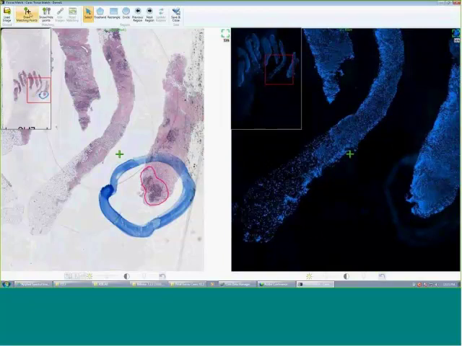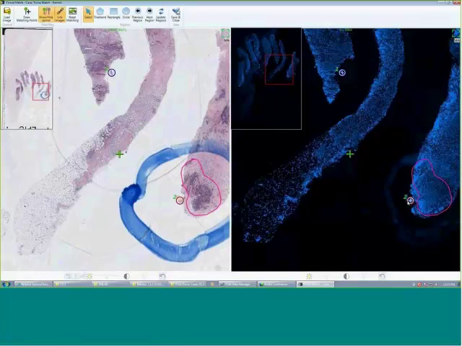I click on the Draw Matching Points icon and choose 2 points on the slide for marking it for alignment. Next, I mark the same 2 points on the fish slide. And that's it. The region of interest now appears on the fish slide in the same place as on the